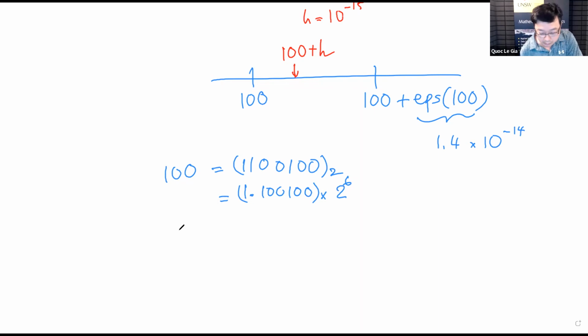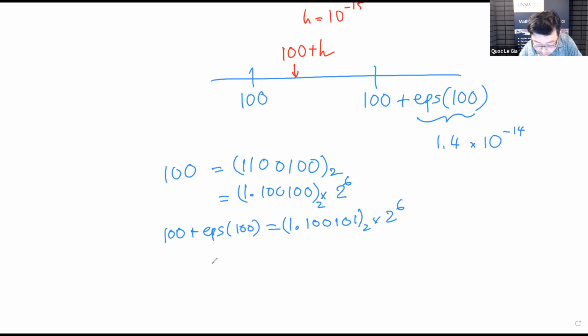So what is 100 plus epsilon of 100? You turn on the very last digit, so 1 dot 1 1 1 and so on. Sorry, the last one should be 1, and again this is binary. So then epsilon of 100 will be 1 over 2 to the 6 multiplied by